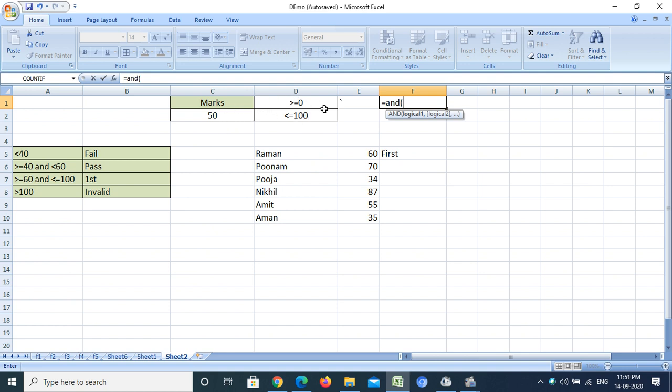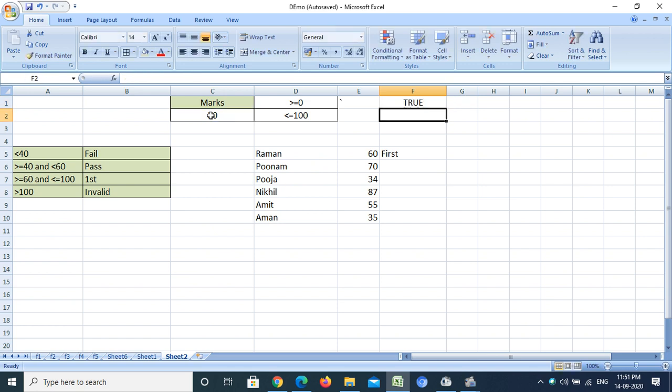So for that I first select this cell, that is C2, greater than or equal to 0, comma, again I select this cell, C2, less than or equal to 100. After closing the round bracket, I press enter.